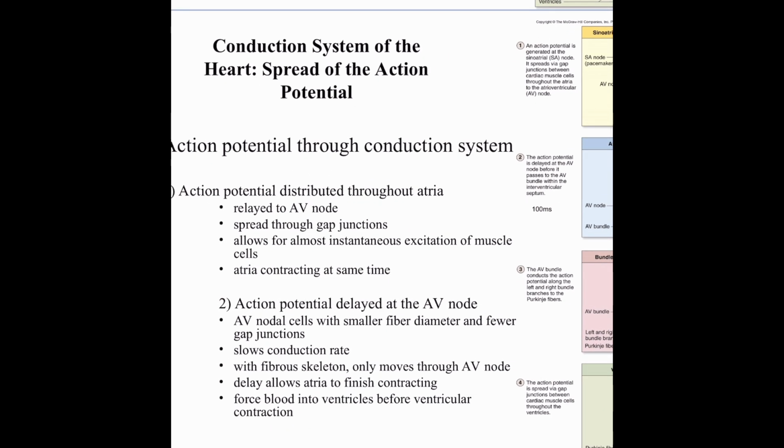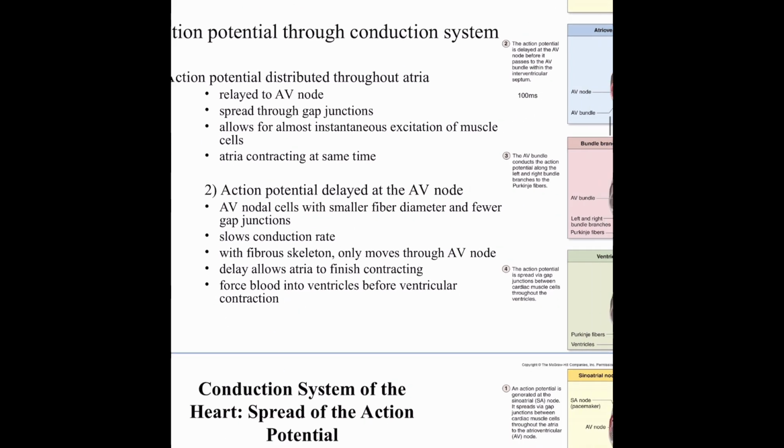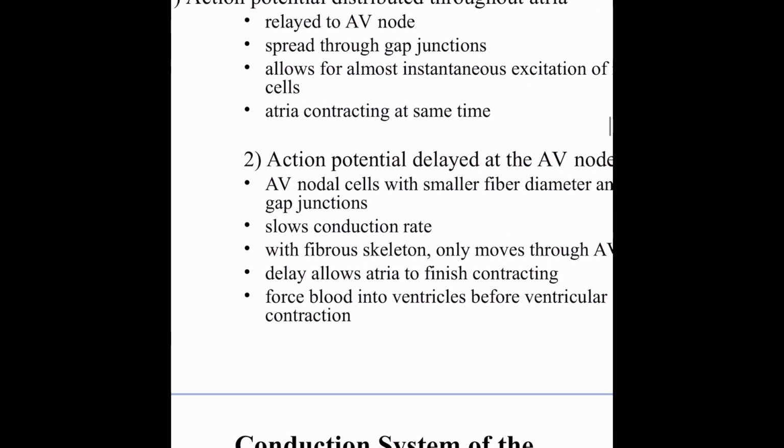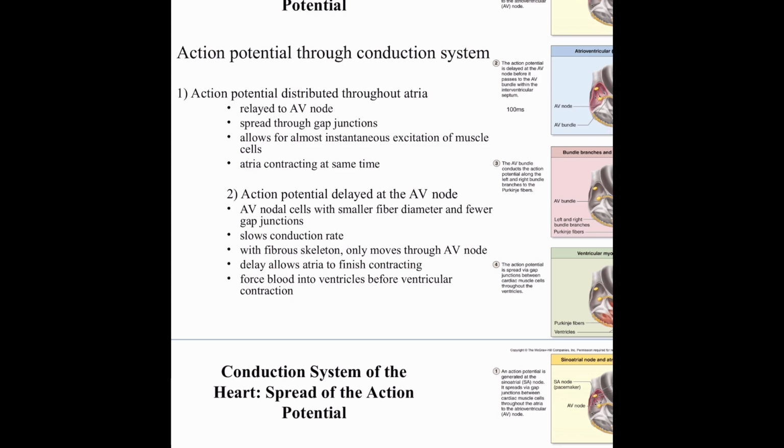So then the atria contract at the same time, both right and left, and the action potential is delayed at the AV node. The AV nodal cells have a smaller fiber diameter and fewer gap junctions. So it slows the conduction rate, and